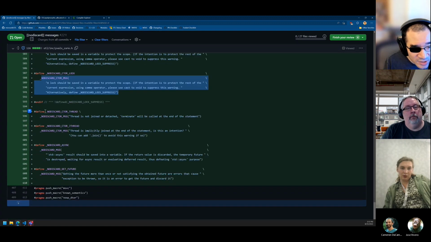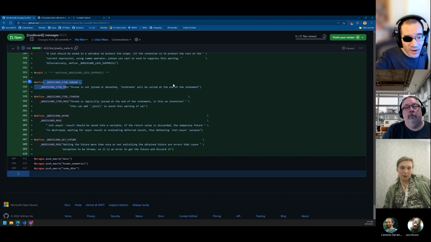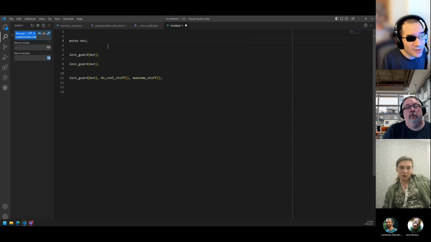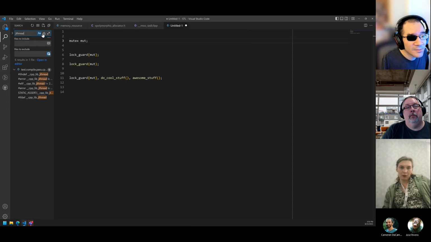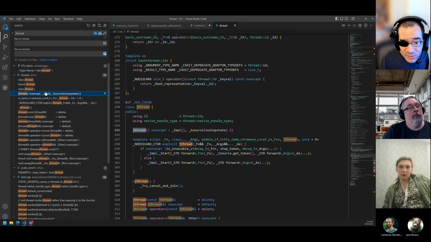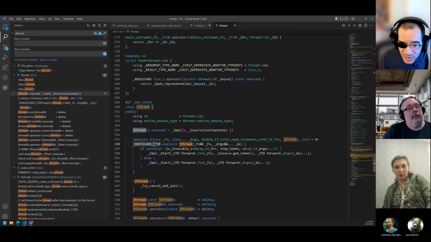Then we have ones about, these are for constructors. Thread, where if you create a thread and then just drop it on the floor, you never joined or detached it, well, that's bad. It's going to terminate. With jthread, that's interesting. Do we mark jthread constructor as nodiscard? It is unusual to construct a jthread and then do nothing with it. Let's see. Okay, we did in fact mark jthread constructor as nodiscard constructor, so Alex is simply providing a reason here,